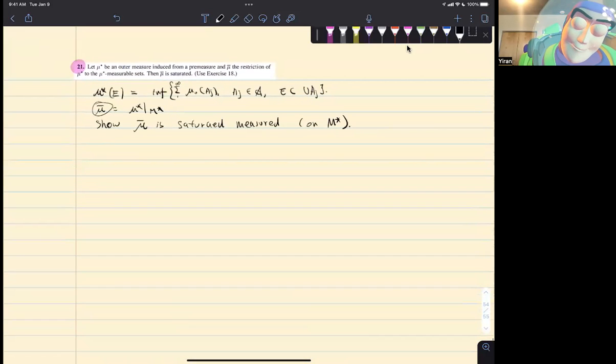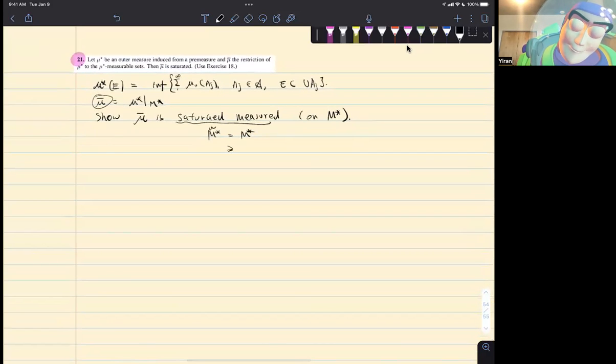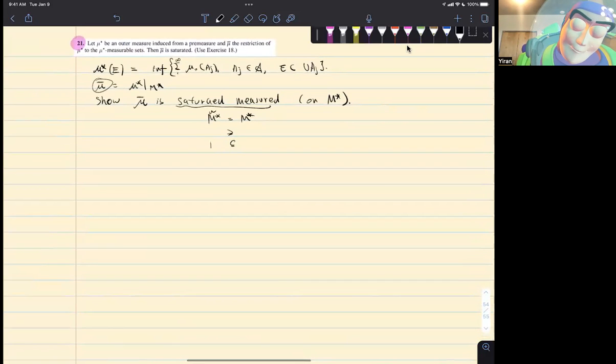Okay, so we're going to show that, and then we recall the definition for a saturated measure. It is saturated if equality holds. Notice that one inclusion is very obvious, as we discussed earlier in one of the exercises that first introduced the saturated measure. And then the second one is what we want to show. So we want to show M star tilde is a subset of